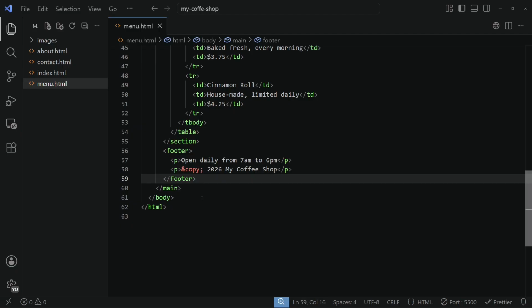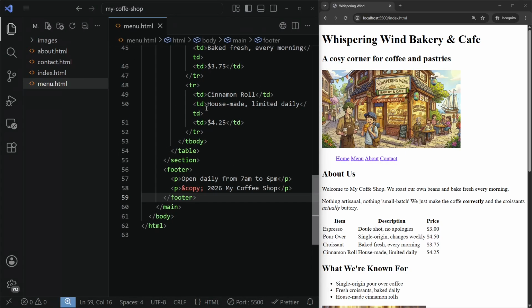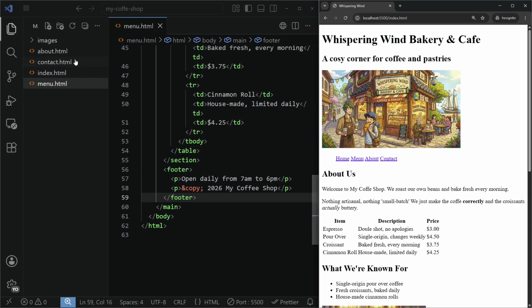So let's see. So now we have our home is still the full thing, and if we go to our menu, now we only see our menu table. It is still pretty ugly until we introduce some styling, but we are getting there. So let's go back to our home, and now on our index,